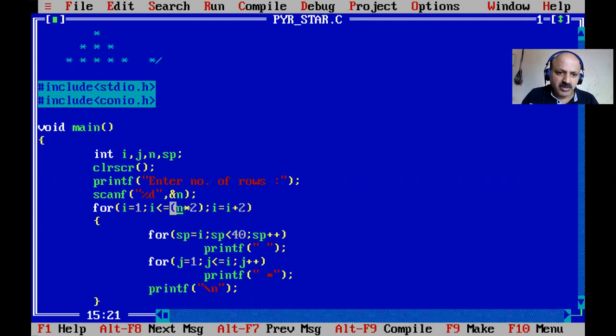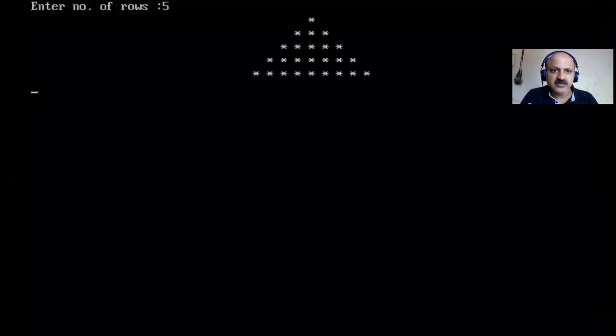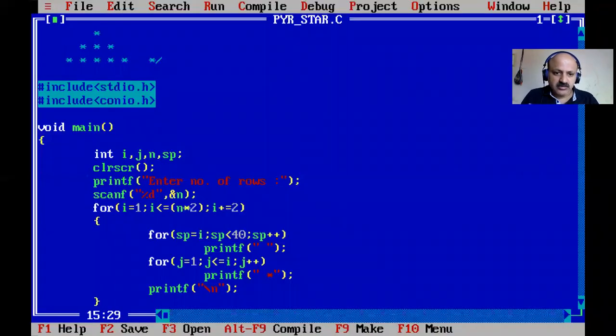So here we multiply n by 2, and here we increment i plus 2, so i jumps by 2. You can also use compound assignment, like i plus sign equal, and then you can remove this. So plus equal, that is common. There is no error. Let us check how it prints. Yes, so that is the print, and we can also print in reverse order, but first we can provide some coloring,